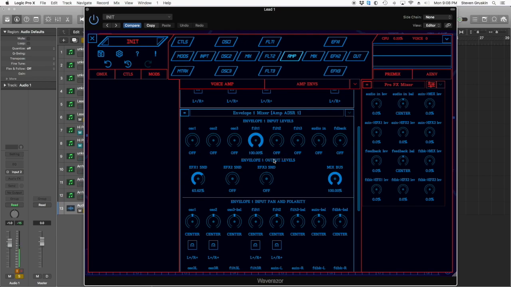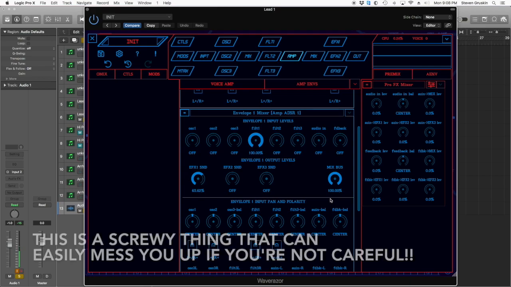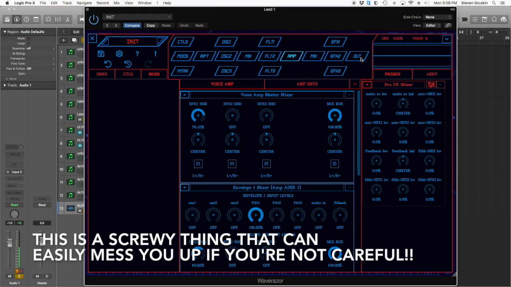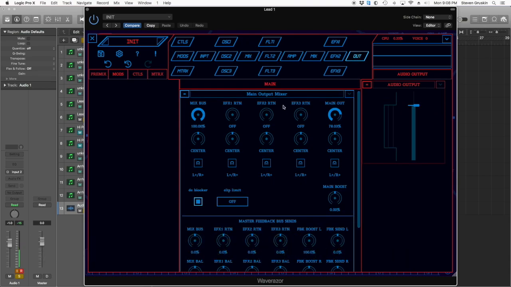What's happening now is that the signal is going out of this main envelope, the effects send, and the mix bus as 2 separate things. And that's really important to know. The effects send is not feeding into the mix bus anywhere. It's totally separate. So now we go to output, and we see in our main output mixer, we have just the mix bus open. Now if I put effects 1 return in with it,